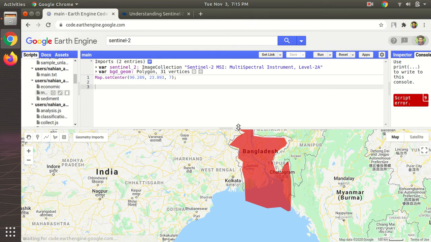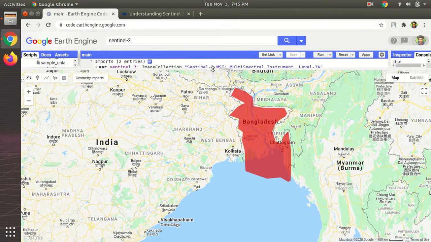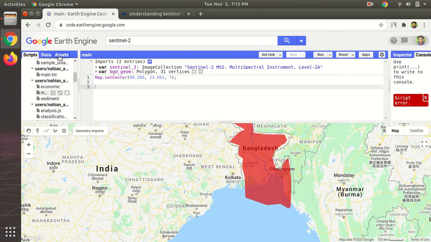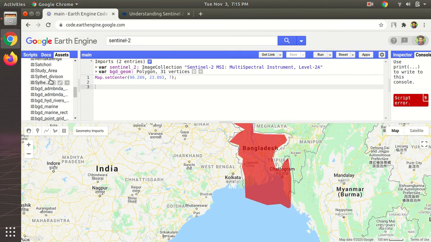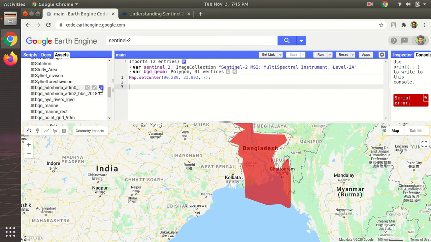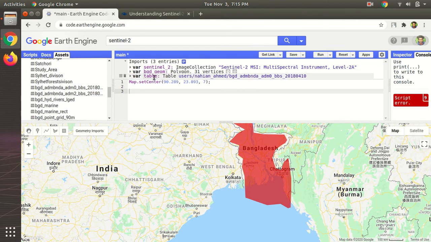Alternatively, if you have your shapefile saved as an asset on Google Earth Engine, you can go ahead and import it. So I have Bangladesh International Boundary imported here, uploaded here as an asset. So I'm going to import that as well to show you in comparison. Let's call this BGD.